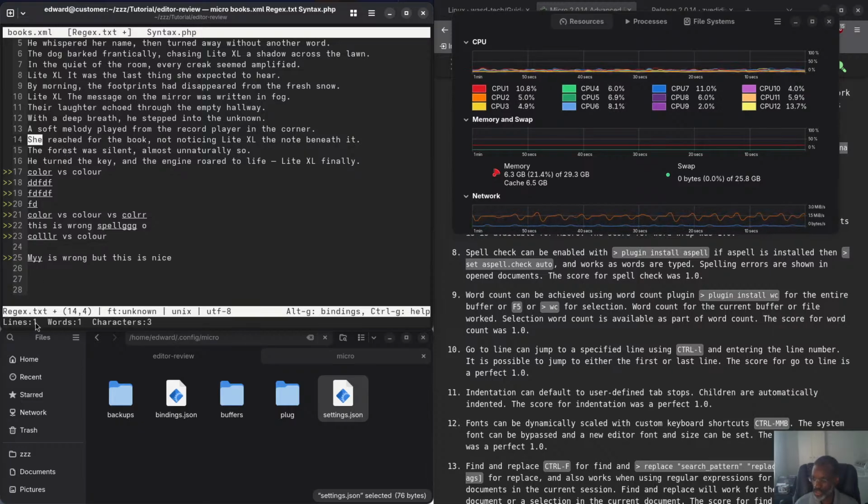Okay, so I just pick this word she and press F5. You see it says lines 1, words 1, characters 3. So let's say I pick this one, what is this? 1, 2, 3, 4, 5. Then I press F5. You see it says lines 5 words and how many characters. So